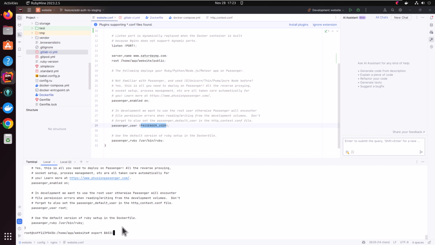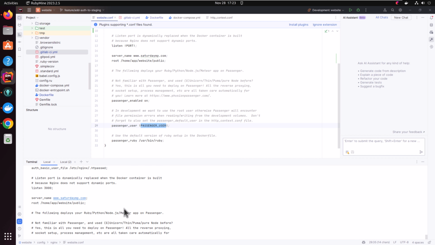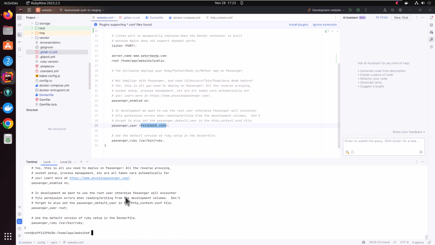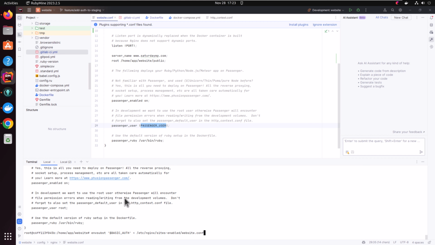basic auth equals, let's just put auth. And then, oh yeah, there we go. Now if I look at the existing file, it shouldn't have overwritten it. So it's enabled. Right, if we look here, yeah, it's still basic auth, but if we do this,